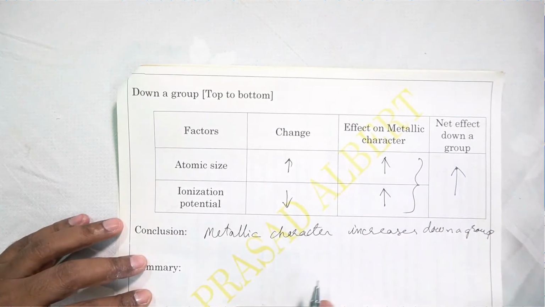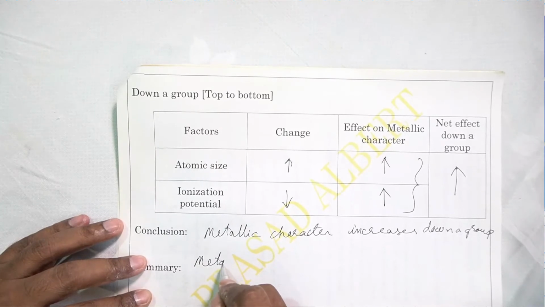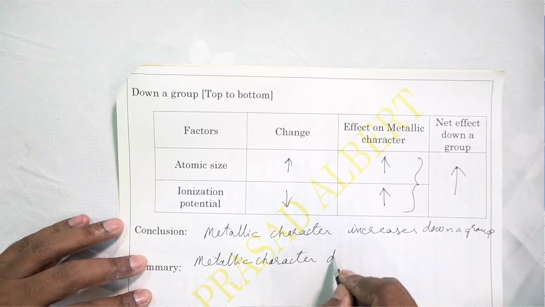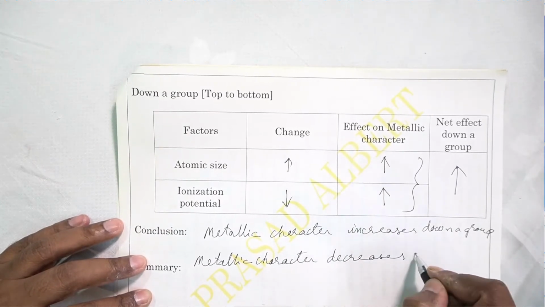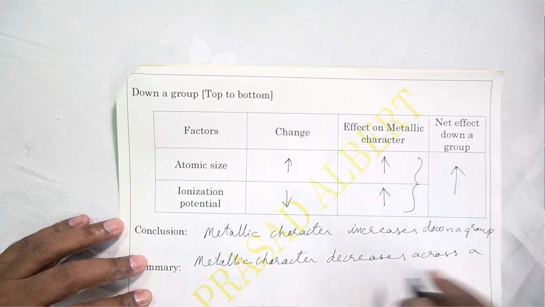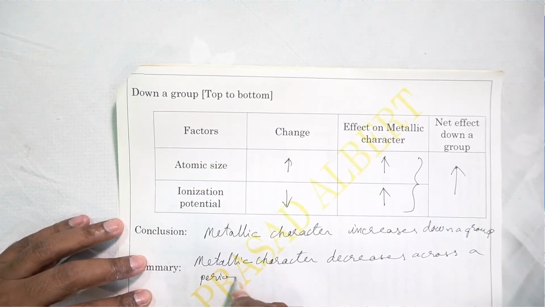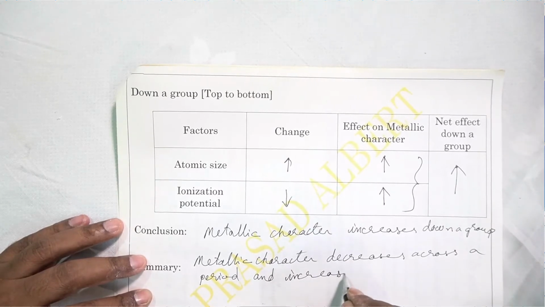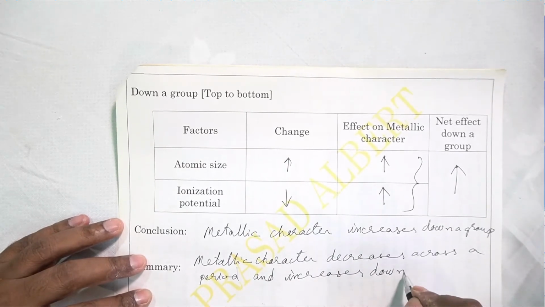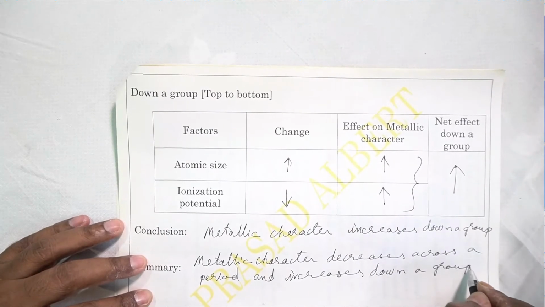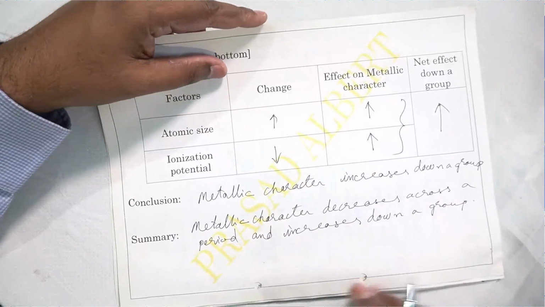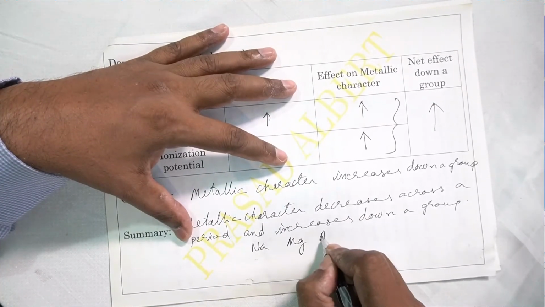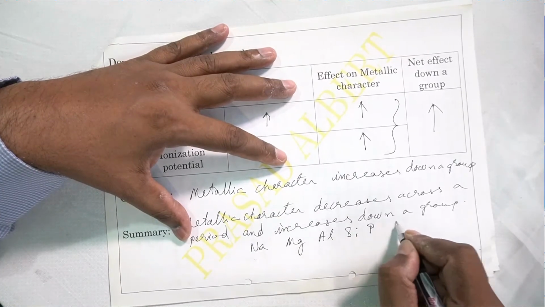So if we summarize both the properties, metallic character decreases across a period and increases down a group. Okay. Now if you take the third period, okay, we have sodium, magnesium, aluminium, silicon, phosphorus, sulfur,